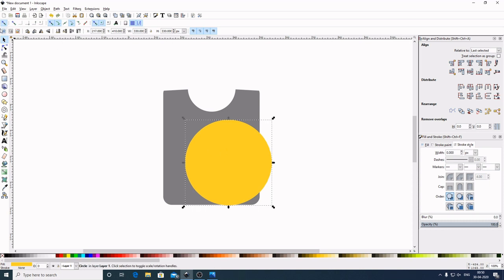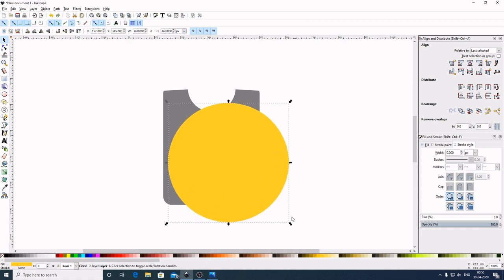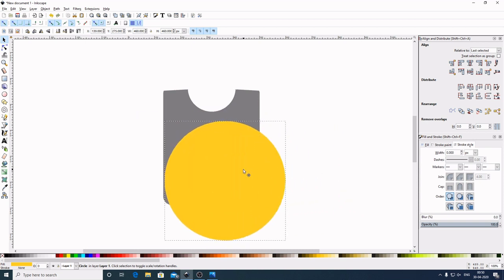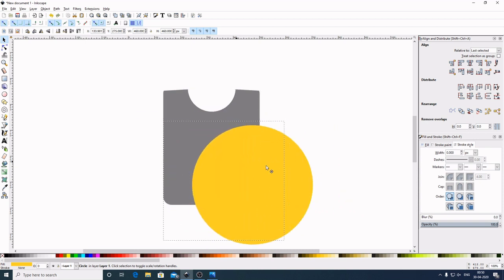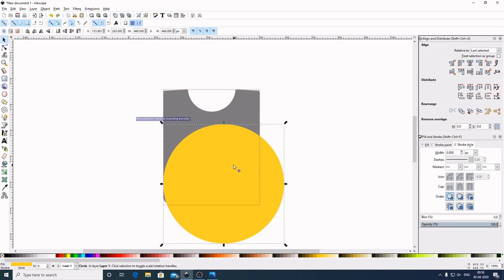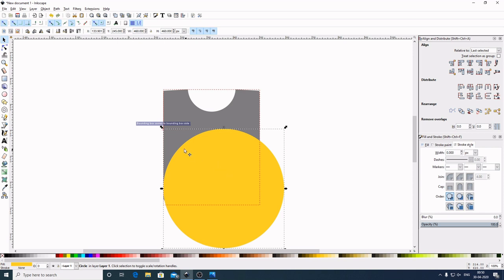Before moving on, we will come here to the snapping section and enable this snap bounding boxes, and also this one, snap to edges of bounding boxes, and this next one, snap bounding box corners. Now by holding Ctrl and Shift on the keyboard, I will drag this outward to make the circle bigger. Now bring this here. Now you see we have enabled that snapping. If we bring it here in the graphic area, it will automatically get snapped to the box corner.